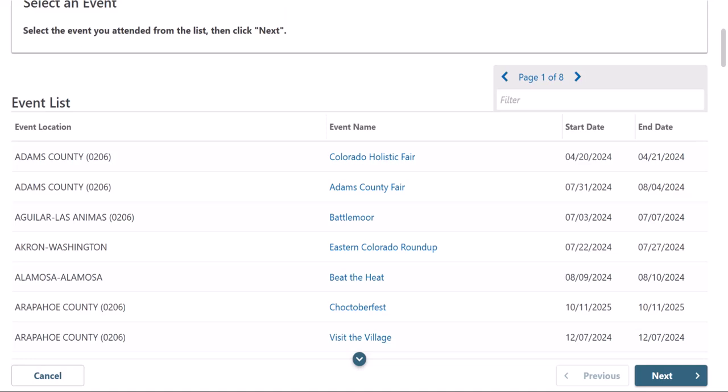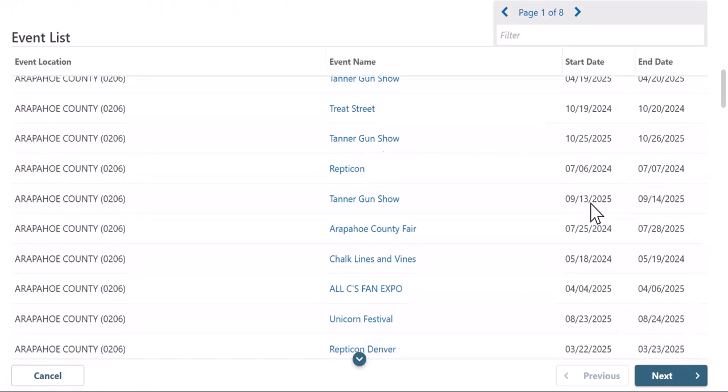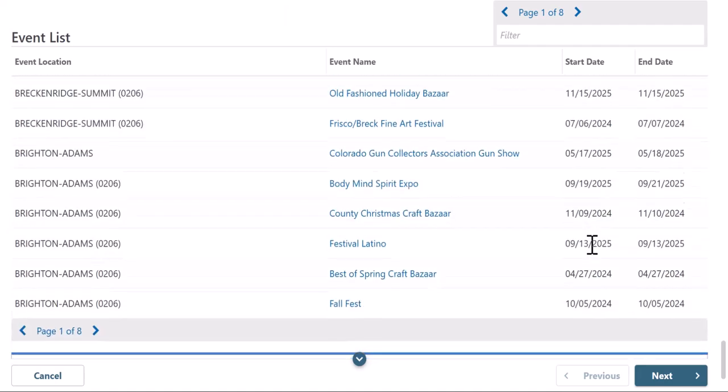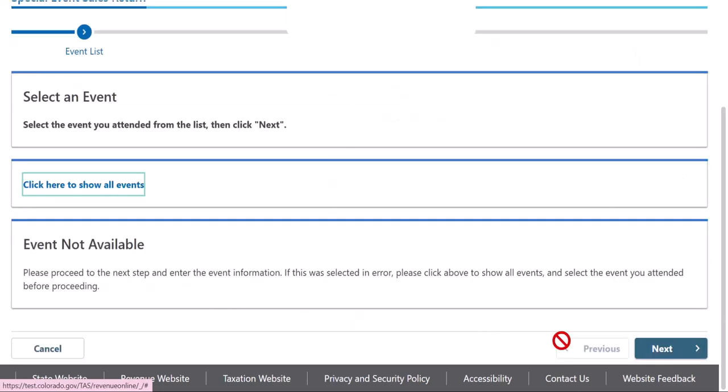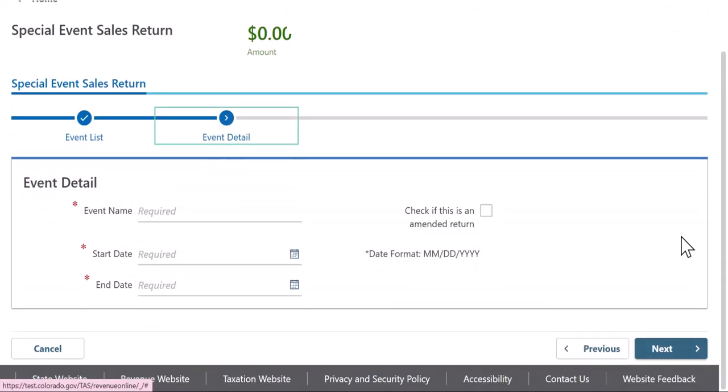Sometimes events are planned very quickly, or planning hiccups may occur. So, in case your event is not listed, you can scroll to the bottom of the page and select the option, Click here if the event you attended is not available. On the next page, it will confirm that you want to proceed without a listed event, and after selecting Next, you can enter the event name and start and end date for the event that you attended that was not listed. Continuing from here, you would also need to add the event's location, including its city, county, and location or